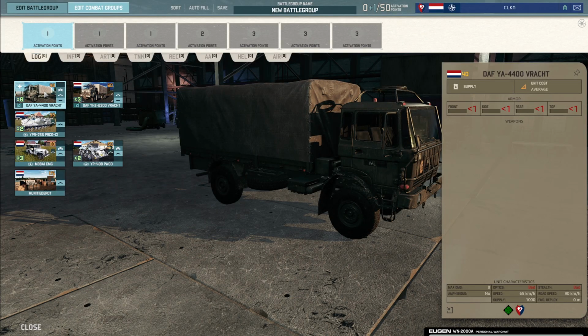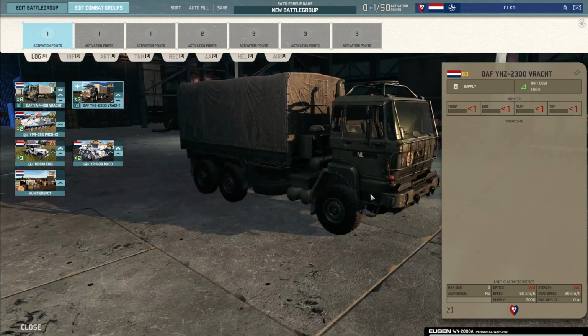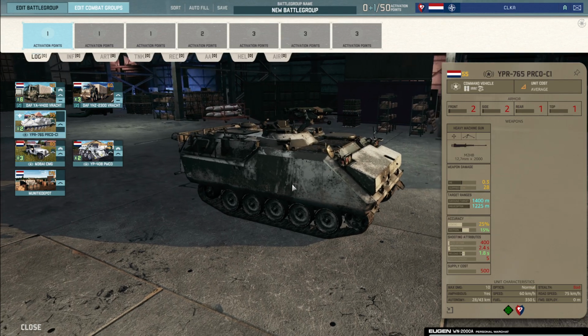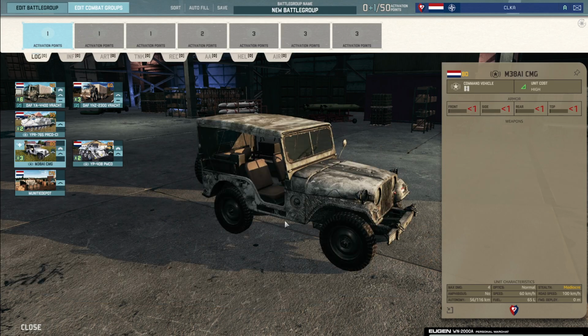So we start off with two cards of supply for the 40,000 supply truck here. Not too bad. We pay 20 points more, we get a slightly bigger truck with 1,000 more supply. Got a standard armored command vehicle here for 55 points. Single card of the three